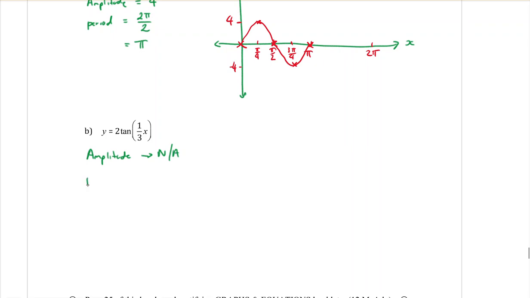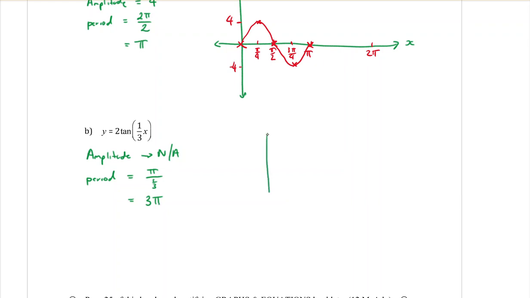The period of the tan graph is normally pi. I need to divide that by the number in front of the x, which is a third. When you turn that third upside down, that will become 3 pi. So we're actually stretching this graph to make it wider. So 3 pi,